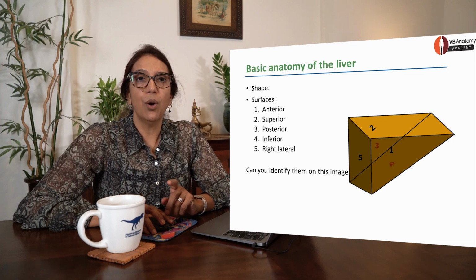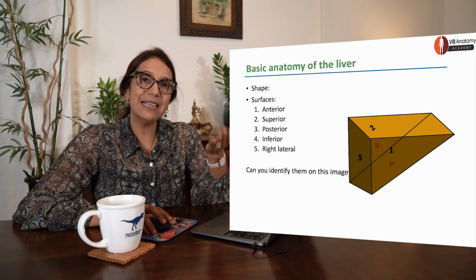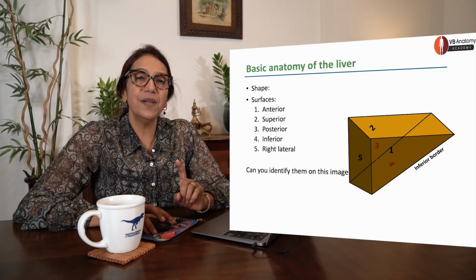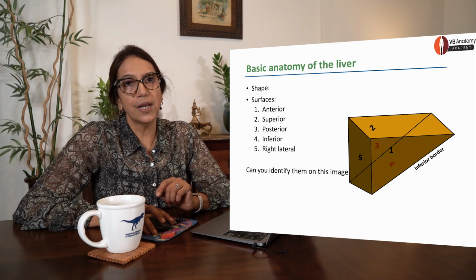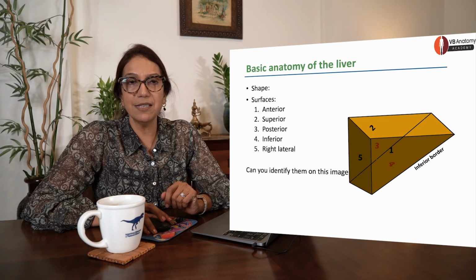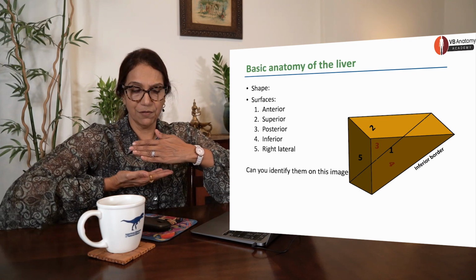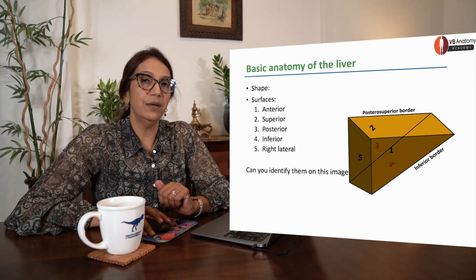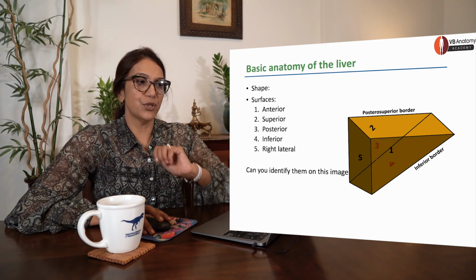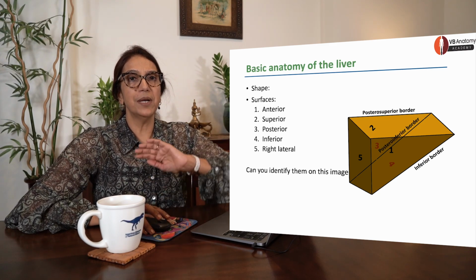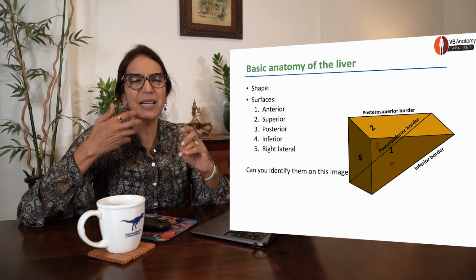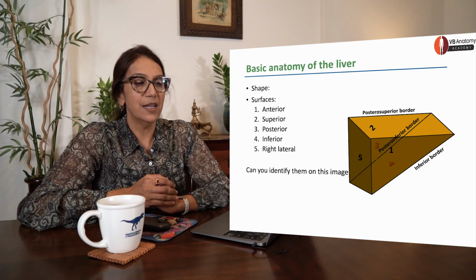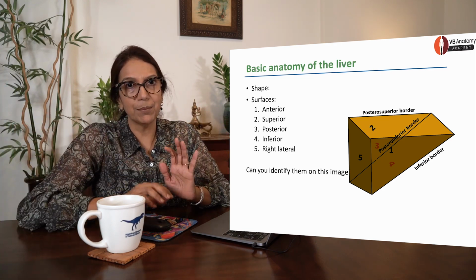Just remember one thing. All borders are not clearly visualized, and that is the challenge. There are only 3 borders which are somewhat well visualized. Inferior border, very sharp, very well visualized. That's the border you will be able to recognize very easily, separating the anterior surface from the inferior surface. This is the posterior-superior border, okay, separating superior from posterior. Posterior-inferior border, separating posterior from inferior. All this seems like a lot of words. When you see it actually on diagrams, you will be able to understand very easily. Forget the rest of the borders, you don't anyway need them, okay?